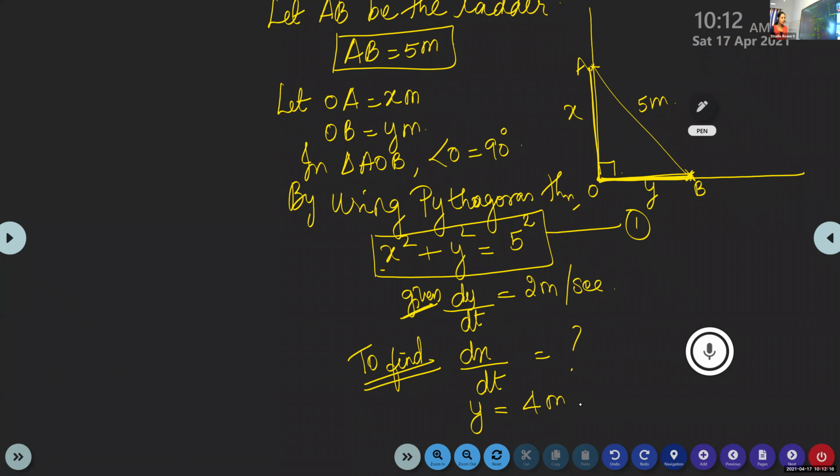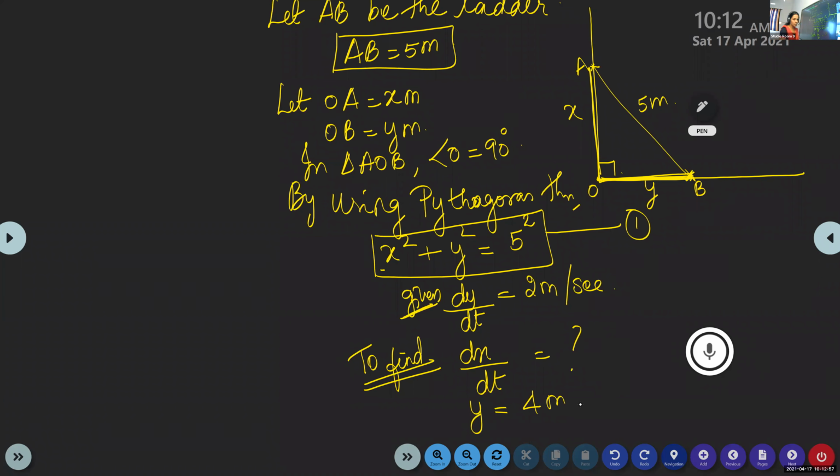Up to this, is it okay? This much is given in the question. Is it clear? Read the question once again. A ladder 5 meter long. Ladder means we'll keep it leaning against the wall. When we keep the ladder against the wall, we get two quantities which keep changing. One is the height on the wall, and the second is the distance of the foot from the wall, y. So we'll get a right angle triangle. The relation connecting x, y and 5 by Pythagoras theorem is x square plus y square is 5 square.